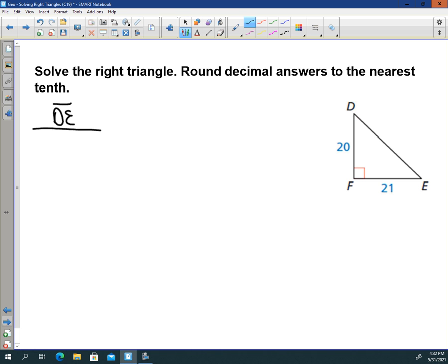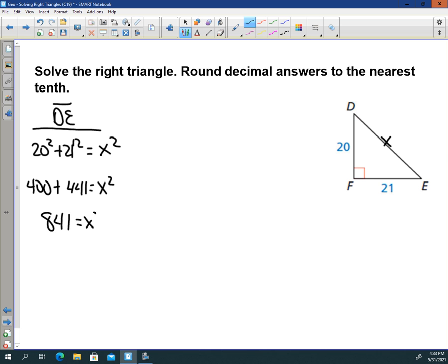I know that side DE is the hypotenuse of the right triangle. So when I set this up, it's going to be 20 squared plus 21 squared equals, and I'll just call this side x for now, x squared. So 20 squared is 400. That makes sense. Plus 21 squared is 441 equals x squared. Now 400 plus 441 is 841